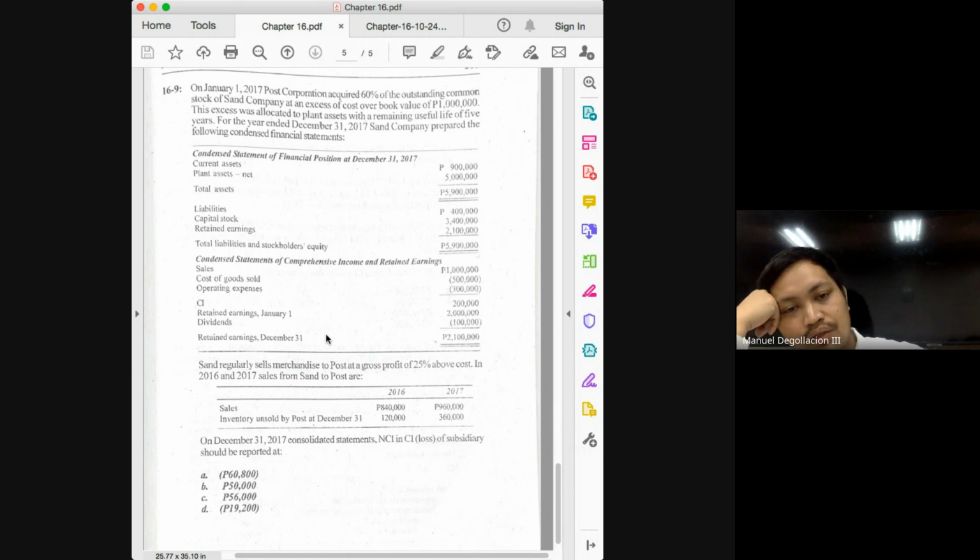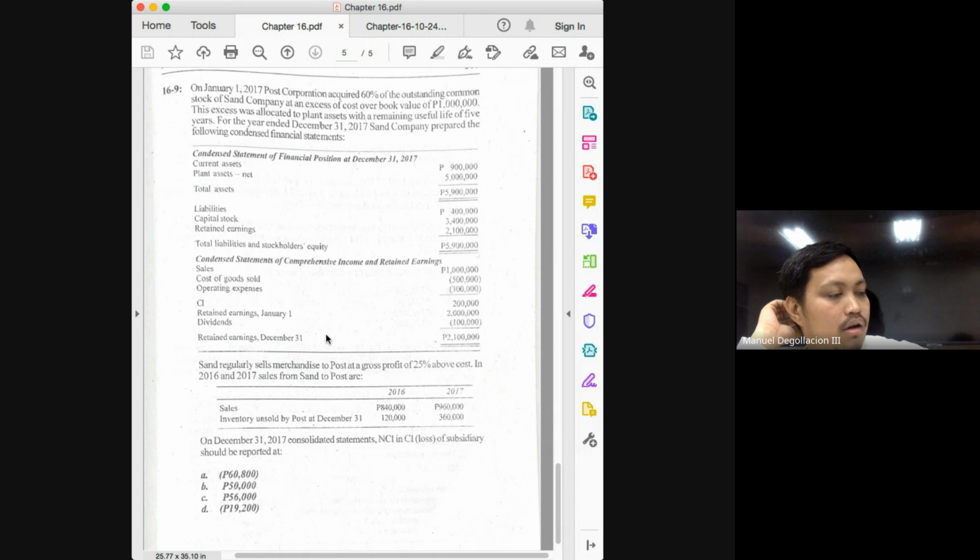And I hope you've watched the other recorded discussion, class, wherein I explained the justification for the adjustment. Once you understand that, for me, it's enough that you just remember what to do. Again, if you have a markup on beginning, add. If you have a markup on ending, then deduct. And as to whose income will be adjusted, it will be determined by who is the sender, or who is the seller, or from whom the transaction or shipment originated.